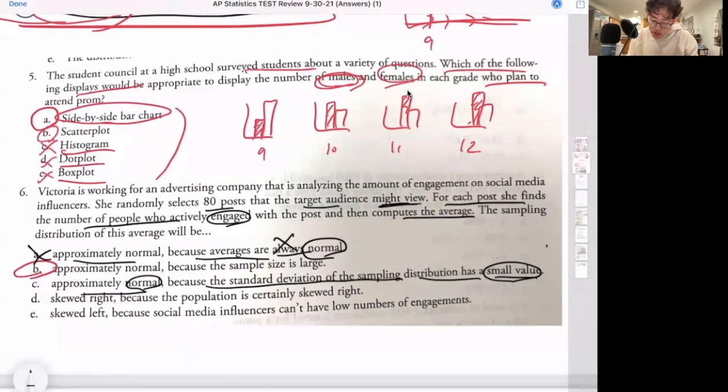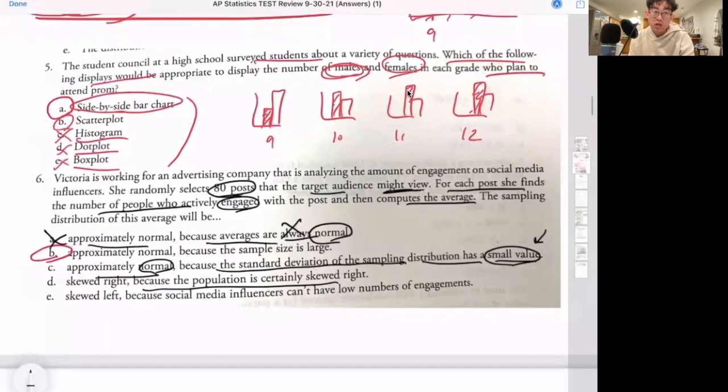I think C could work. If I were actually taking this test, I would leave C alone and really debate between, let's say, B or C, but let's just leave C for now. Let's go over D and E. Skewed to the right because the population is skewed to the right. The population is just the number of people, and we randomly select 80 posts that the target audience might view. If you think about this in real-world statistics, we don't see a lot of people with a high number of posts and only a few people with a low number of posts. There are a few very high